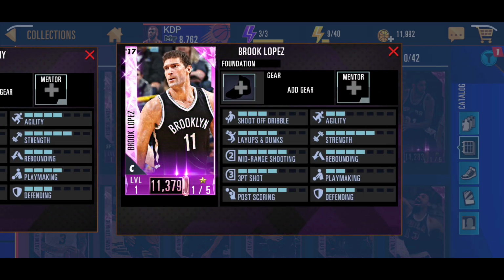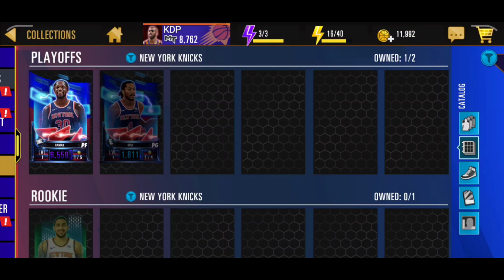But since this is our last pink diamond card, Brook Lopez has a 5 in mid-range, post scoring, and his strength. Not that great for a center considering his rebounding is only out of 4, defending is only out of 3. But yeah. Alright, so if you look at the collection for the New York Knicks, you guys can see Derrick